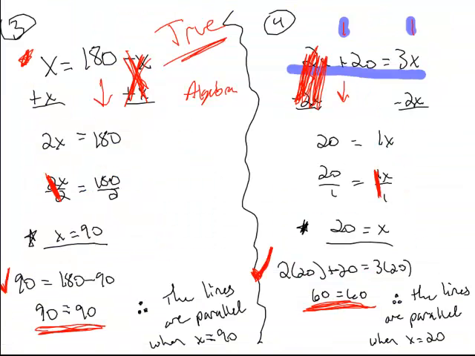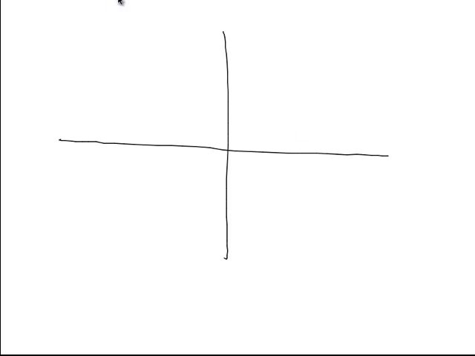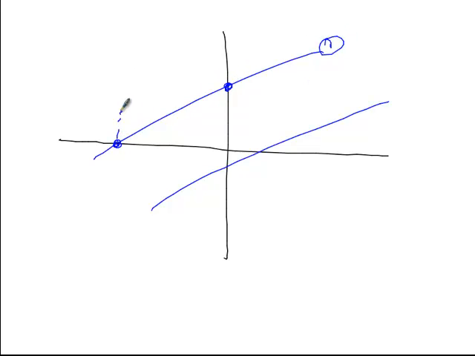And the reason for that is if I draw very quickly an xy axis, let's say that this first line, we'll call it number 1, increases 3 and then runs 5. So it would have a slope of 3/5. A parallel line, in order for it to be parallel, would have to increase 3 and then run 5 also,